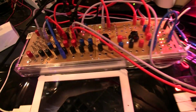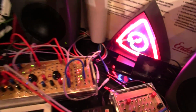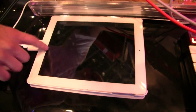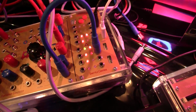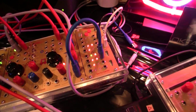A few words about our new module. It is called Shuttle Control. It's a 16-channel USB to CV controller. It's a USB to CV interface, so you can connect an iPad, you can connect directly to a PC or Mac, and you can also connect a USB MIDI keyboard, any USB MIDI keyboard or controller. You can connect them simultaneously, and they will all work together. There are 16 CV outputs, so you can